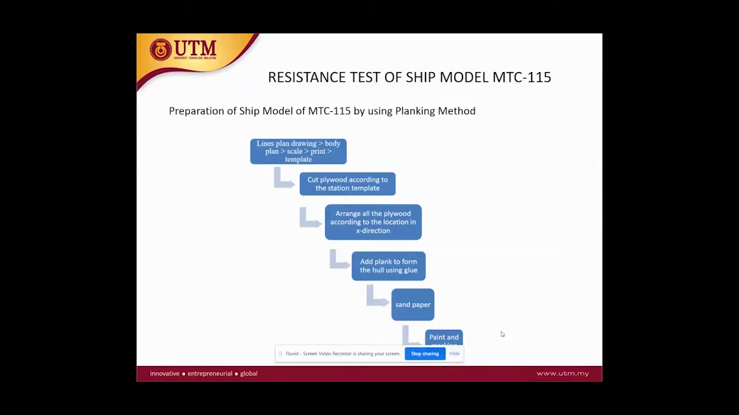Before we proceed to the experiment, we have to create a ship model of MTC115 by using the planking method. Firstly, we use the lines plan drawing and take the body plan, scale it, print and make a template. Second, cut plywood according to the station template. Third, arrange all the plywood according to the location in the X direction. Fourth, add planks to form the hull using glue. Fifth, use sandpaper to smooth the hull of the ship model. Lastly, pin and